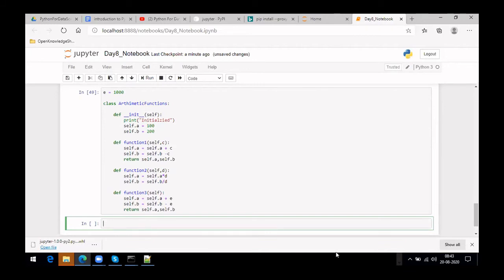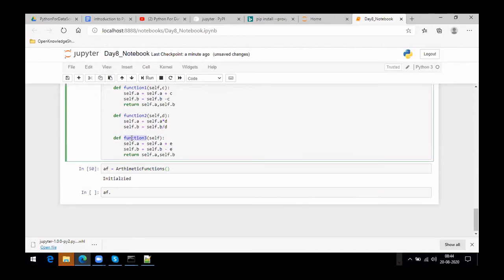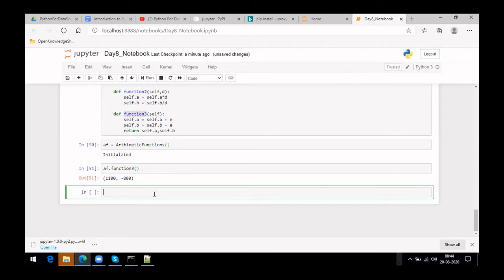So AF equal to arithmetic function. Let me call AF dot function 3. Here you don't have any other argument other than self, which means it doesn't take any other argument. So if you just do it this way, it would be enough.